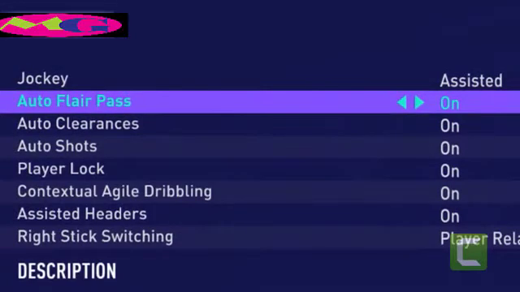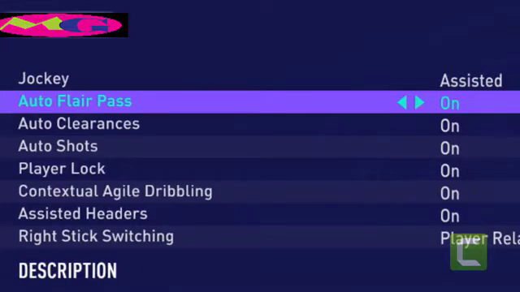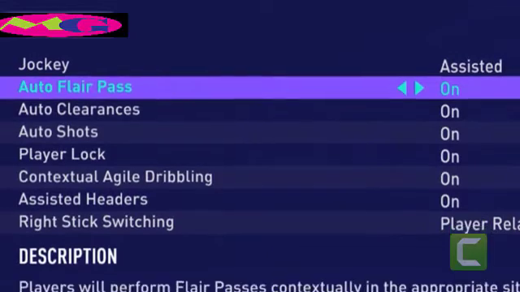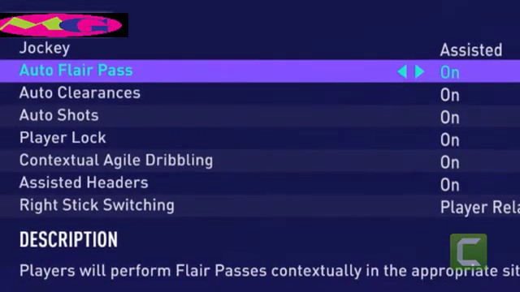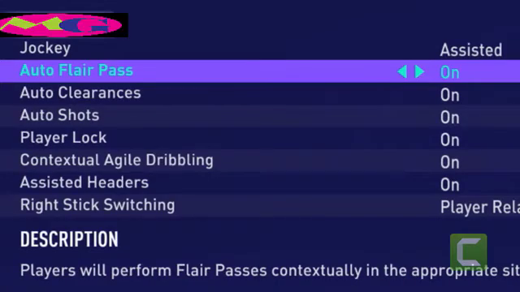Then there is auto shots, which is a setting for players to take a shot after a rebound and stuff so that they won't do it automatically. So if you have it off, you have to shoot yourself. Player lock. The new 1-2 feature that I was talking about, where you use the CPU, is enabled from here. Agile dribbling, the new dribbling feature, is also controlled from here. And the last one is assisted and manual headers,